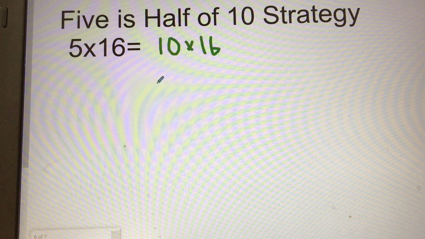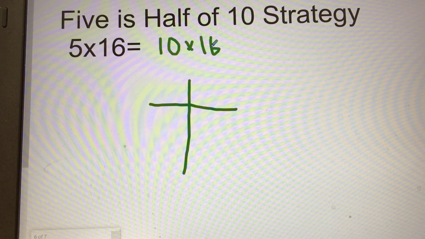Now, this method, the 5 is half of 10 strategy, is best used with a ratio table, which we're all familiar with. So let's review. The first thing we're going to do is draw our ratio table. Okay, and we're going to start with our 10 times 16 equation. So if we have 10, we multiply it by 16, that is